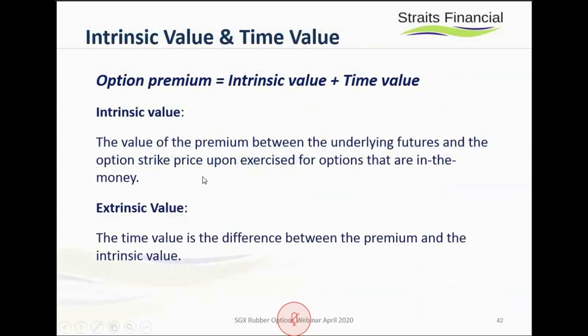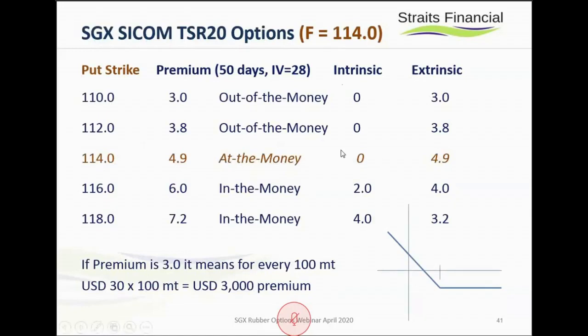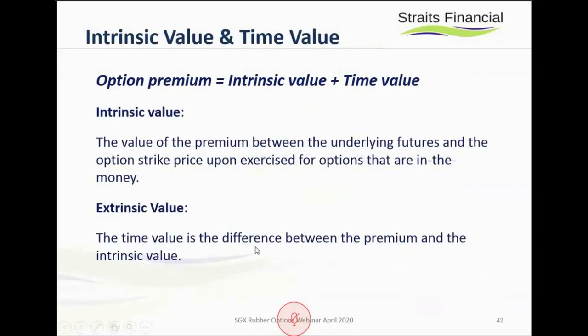So the intrinsic value is actually the premium. The intrinsic value that you see here is basically the difference between the futures price and the strike price for options that are in the money. All right, so if you take 116 and the difference of the futures price for the put option, because the put option strike is higher than the futures contract price, you get 2 points of intrinsic value. All right, so extrinsic value is the time value, the difference between the premium and the intrinsic value. All right,